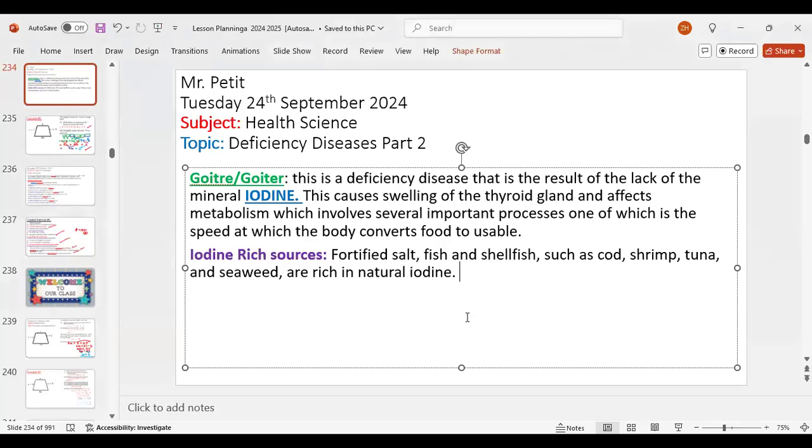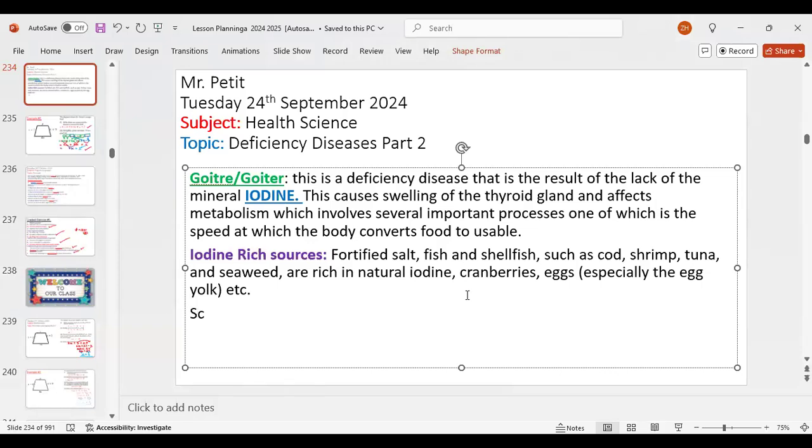So cranberries, and then eggs, especially the egg yolk, right? And this is not an exhaustive list. You could find a lot of other stuff that also have iodine in them. But you need iodine to help you to prevent goiter. Next, we have